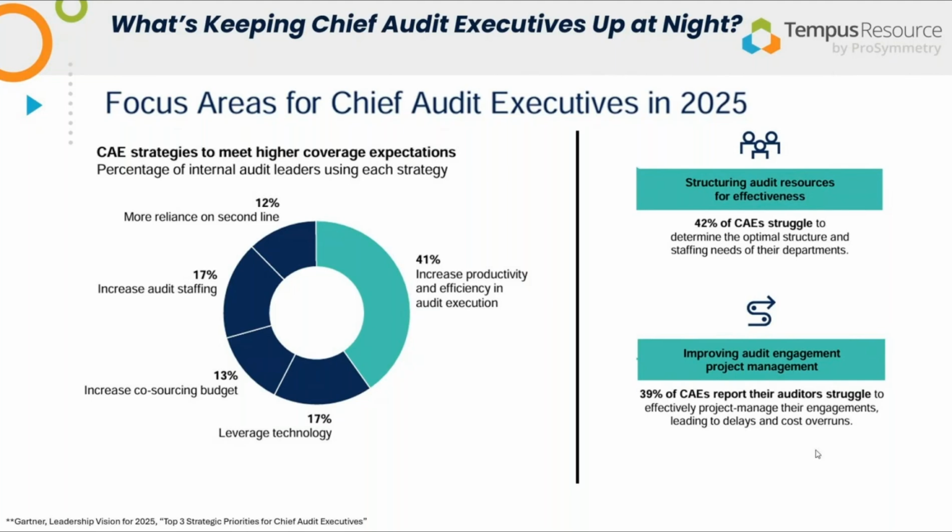39% of chief audit executives report their auditors struggle to effectively project manage their engagements, leading to delays and cost overruns. And as I mentioned previously, our philosophy around delivery is all about the resourcing side of the equation. All right. So if audit leadership recognizes this as a top priority, the next question is, how do we actually solve it? And that's what we're going to